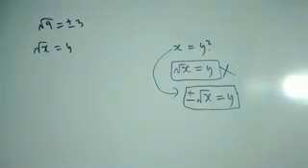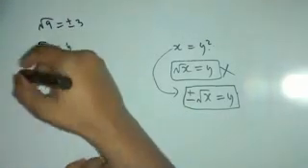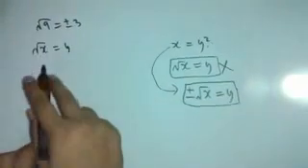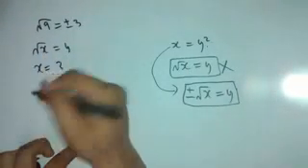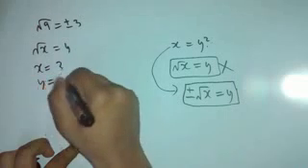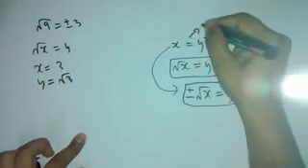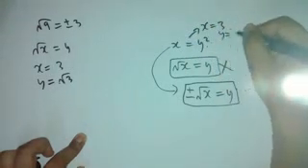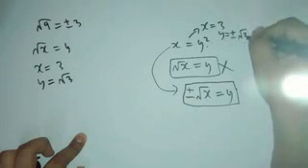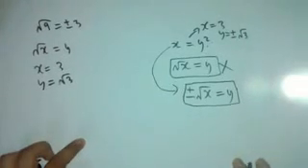So if someone gives you this equation and says x is equal to 3, what is y? You'll say that y is equal to root 3, right? And in this equation, when someone asks you x is equal to 3, what is the value of y? Y takes two values, plus minus root 3, right? So there's the difference.